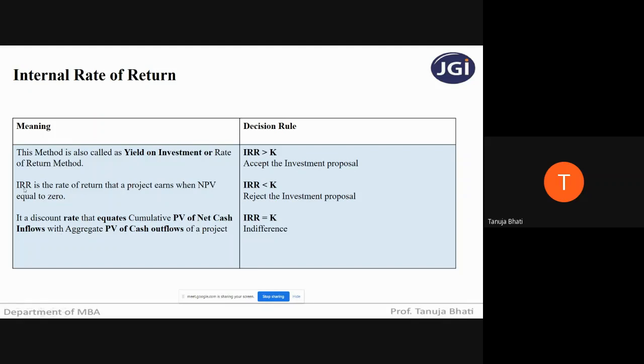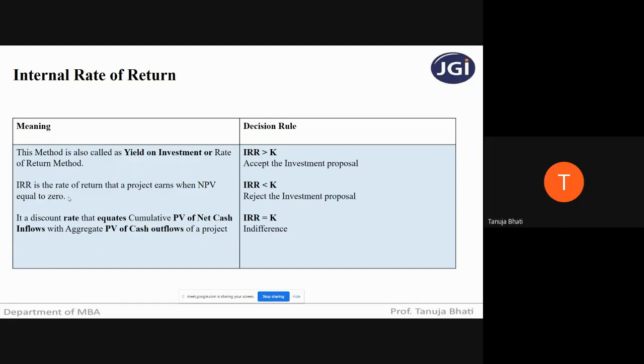IRR, the short form of internal rate of return, is the rate of return that a project earns when NPV equals 0. So, can anyone tell me when NPV will be equal to 0? Students, we know the formula to calculate NPV is PV of cash inflows minus PV of cash outflow. Now, can anyone tell me when NPV will be equal to 0? When will you get your answer as 0? When will your NPV be equal to 0? Yes, students? Both cash inflow and cash out are